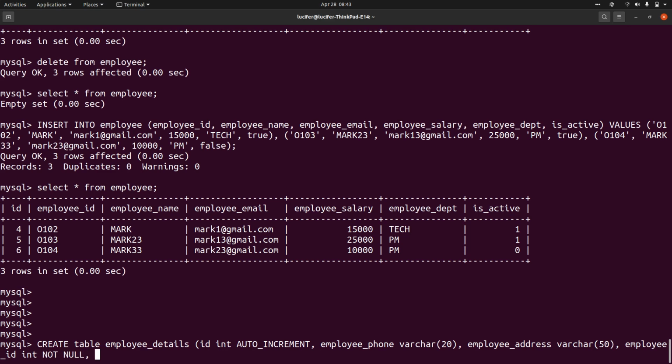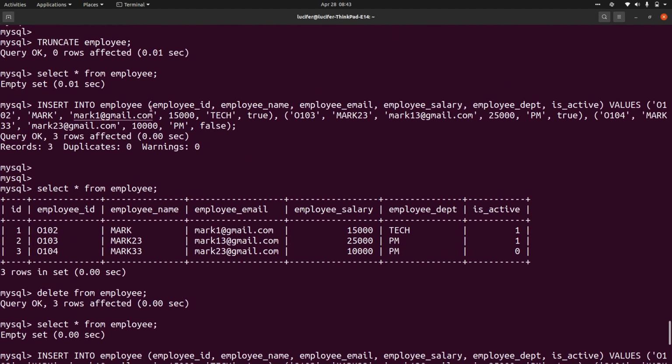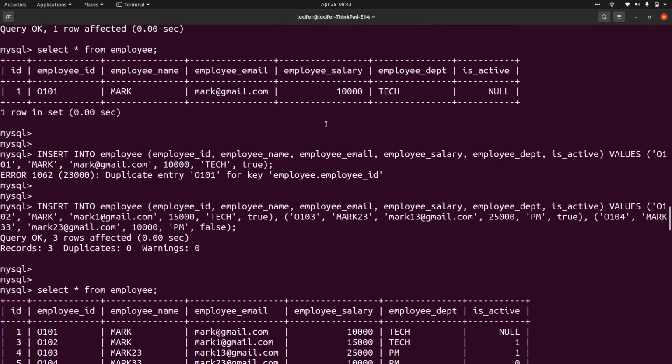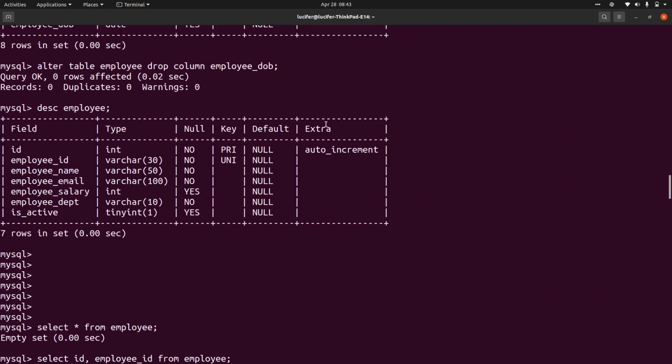After this I'll add a foreign key. Since yesterday we have been discussing the four major constraints: unique, not null, primary key and foreign key. In the employee table, our primary key column was ID.